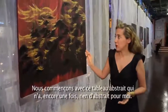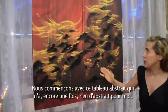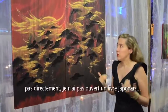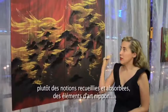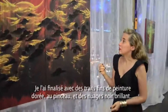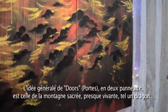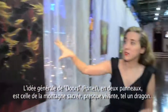So here we start with this abstract piece that is again not abstract to me, but it represents the mountain in a kind of Japanese inspired way, probably not directly. I didn't open a Japanese book to do it, but it's the way I collected elements from the Japanese art, and I worked with very thin brushes for gold paint, shiny clouds. The general idea is that this is called door, represent the mountain, almost alive like this dragon,